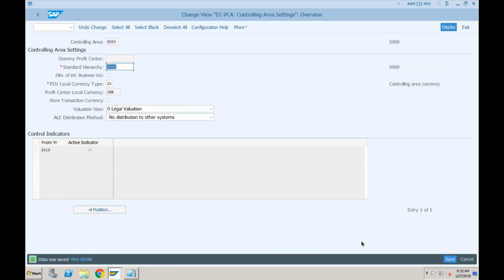Okay, Shailendra is asking what is a stored transaction currency? See, there are different currencies. You must know this in SAP FI also. You have a transaction currency, which is a document currency. So for example, if you are posting some transaction in USD and your company code currency is INR, then USD is converted into INR. So let me write it here.